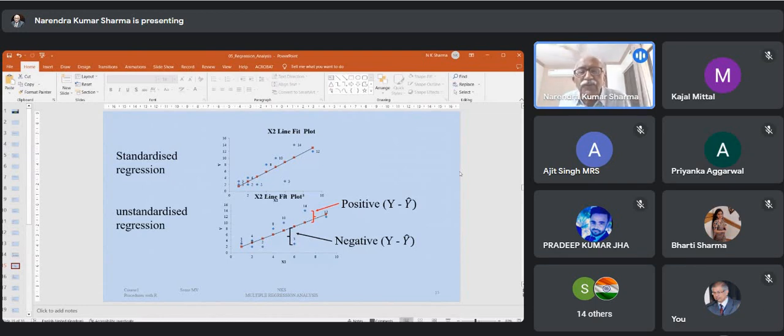But if you go to the other one, where there's a negative, you can see this observation where the observed value of the dependent variable y was 3, but the predicted is about 8 or whatever. So again, there's a negative. Now, one of the assumptions is that the sum of all these positive and negative errors should be 0, because we assume that the errors are randomly distributed. That is one of the assumptions. We'll look at these assumptions when I come to multiple regression